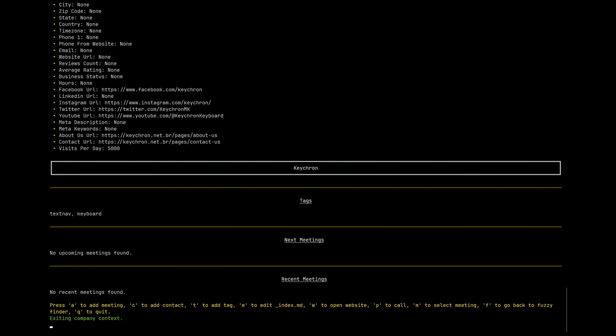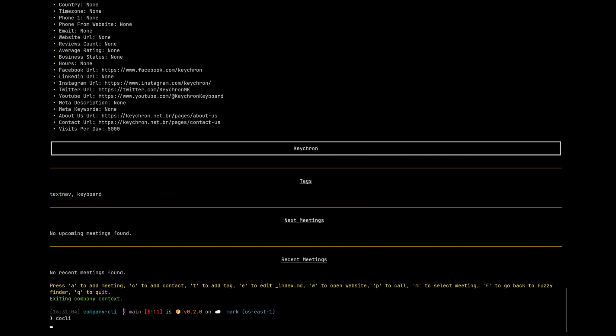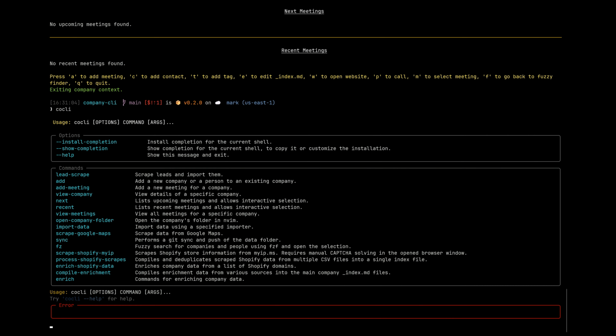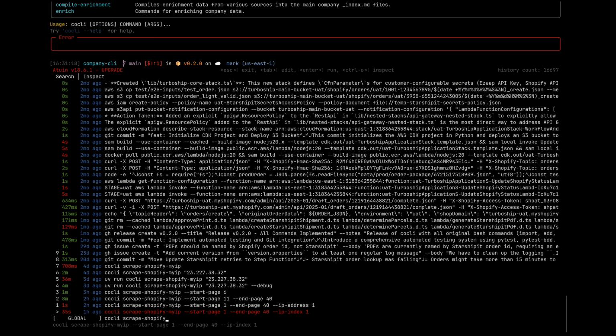And I can also scrape data. So let's see, cocli scrape. Well, let's see, actually, I forgot what the commands are, but I'm going to try the scrape Shopify my IP. I think I'm timed out, rate limited right now, but let's try it. Scrape Shopify, and I'm going to go up using